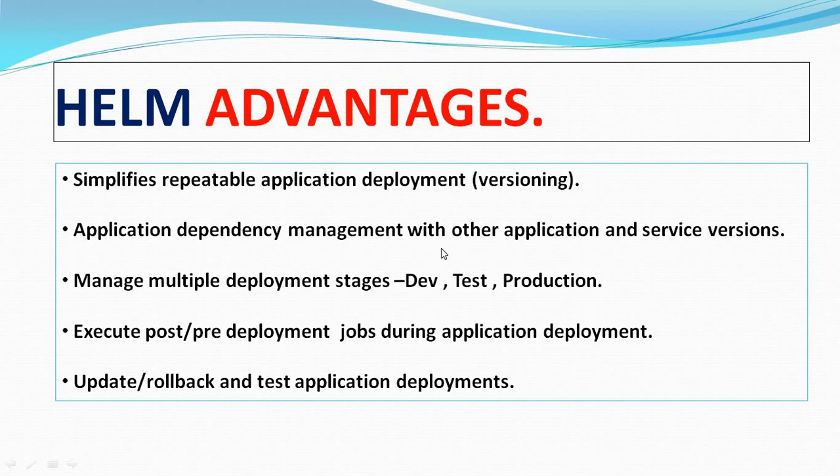The next advantage is application dependency management across other applications and services. Let's say you are hosting an application in the Kubernetes cluster. Your application might have multiple dependencies; it might depend on multiple services and other applications. In that case, you can club everything into a single Helm module and keep deploying it onto the Kubernetes cluster. You are binding multiple applications and services to make sure a particular application works fine as a component. Helm provides advantages which simplify that task.